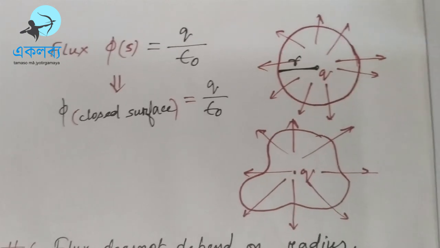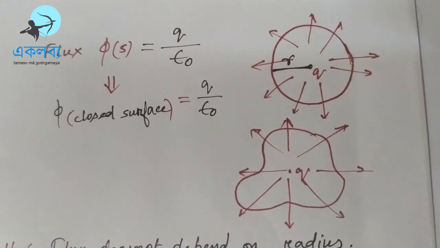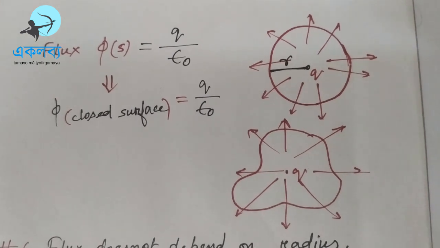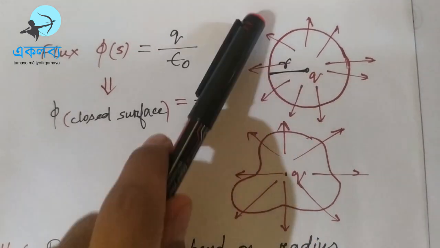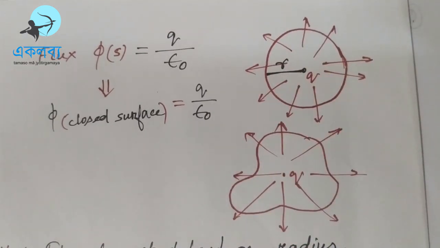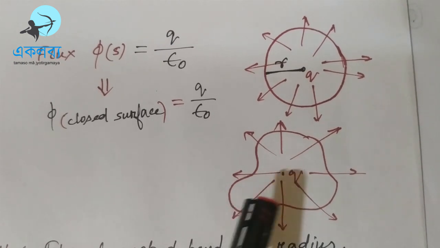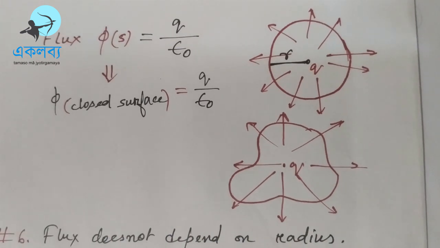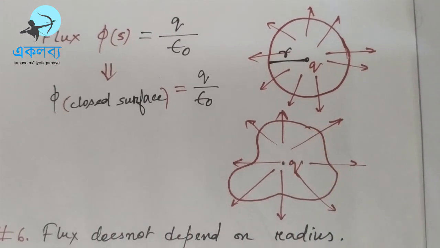We can also take the example of a bulb inside a glass spherical surface. If we put a lightning bulb inside a surface, do you think that the light rays coming out of the bulb will be different? No, they will uniformly spread out radially outward. So it doesn't matter whether I place the bulb at the center or at any corner inside the surface, the light rays will be uniform and the same at all points through the surface. In the same way, you can also understand that flux does not depend on whether the source is placed at the center or at any corner inside the surface. It will only depend on how much source is present inside the surface.